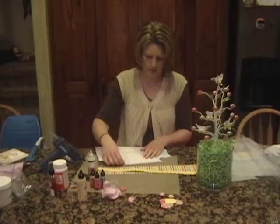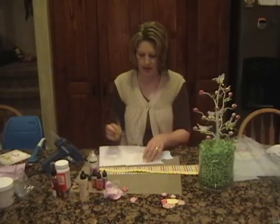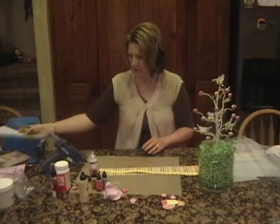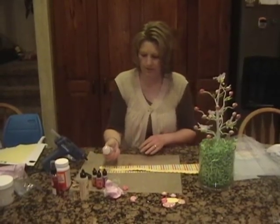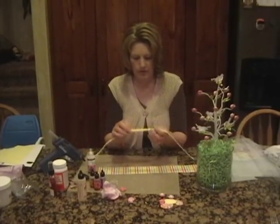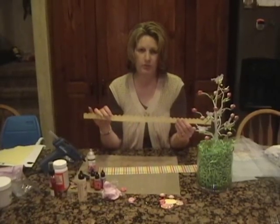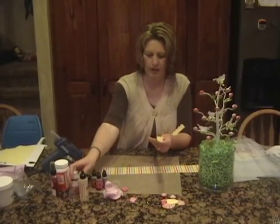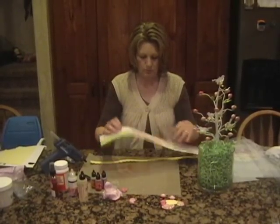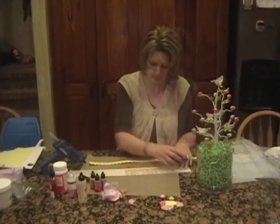show you really quick. You can just, on the back side, use a pencil and pencil in your scallop, and then I just hand cut my scallop with scissors. And then I wanted my scallop to stand out a little bit more, so I used some glossy accents, and I put a thick scallop line of glossy accents across the top there. I don't know if you can see that. But anyway, then I did 2 strips and I taped them together, and then we're going to just run a strip of runner tape along the top of our